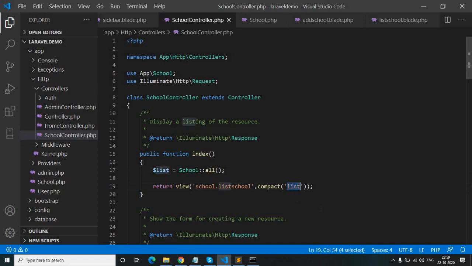Okay, now we will get this inside our blade file. Which blade file? List school.